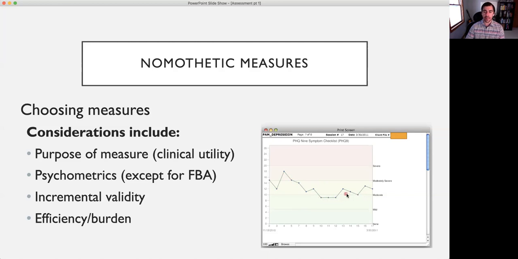And so again, this gives me an ability as a clinician to say, things are going well, things are going well. Okay, wait a second, what's happening? We're going back up. Let's talk to the client about this, have a discussion, make it collaborative so that we can make sure that the treatment is going in the right direction. The symptoms aren't going down. Why might that be? What do we need to change up?